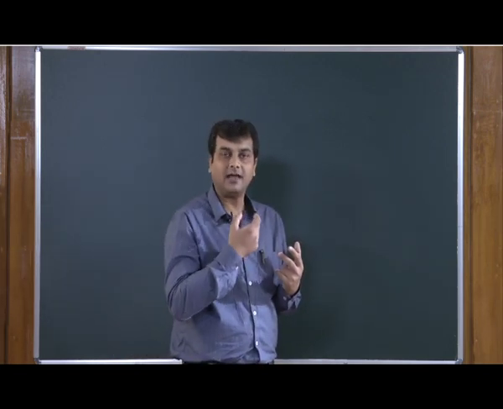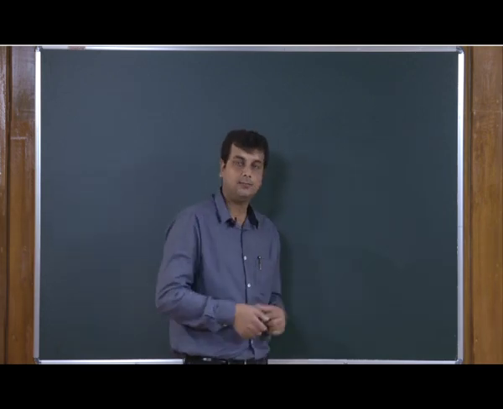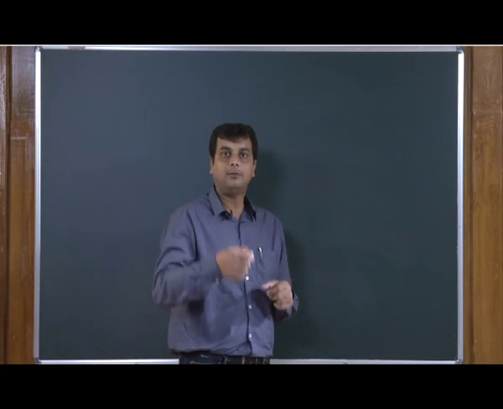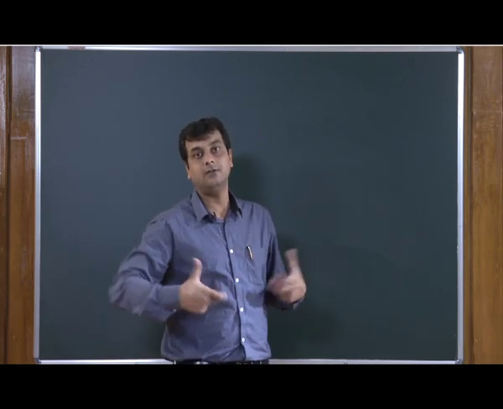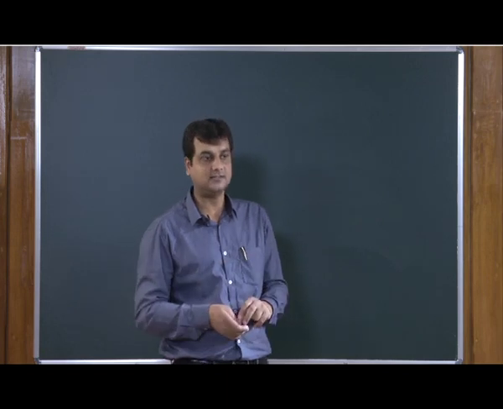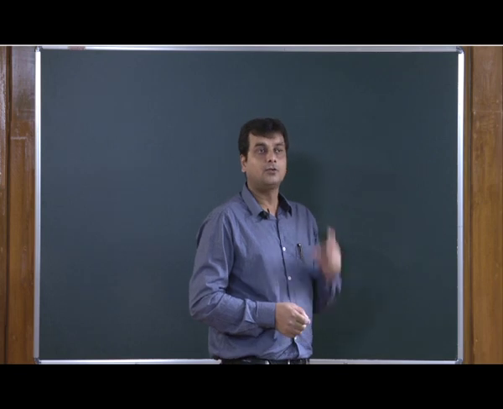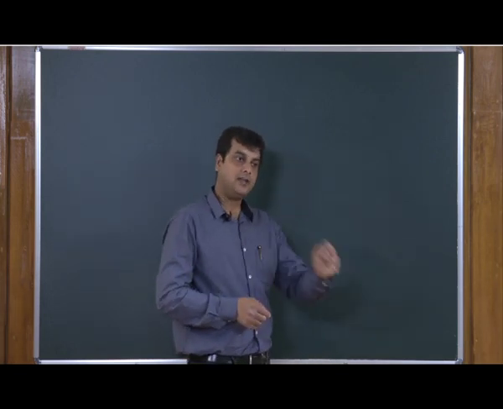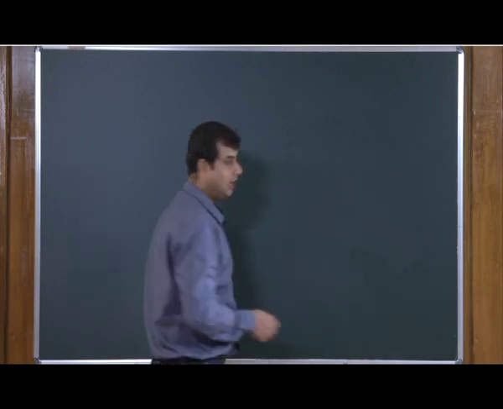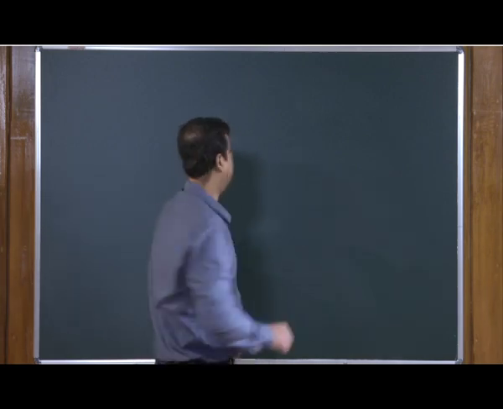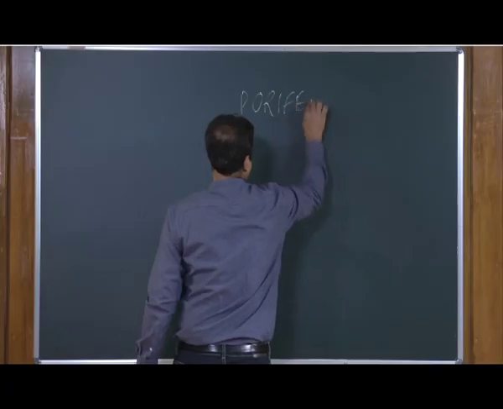which we call the respiratory passage, which starts from the nostril. We will discuss the whole passage of the respiratory system in the coming minutes, and finally we have lungs. So, we have very specialized structures to carry out this process, but in lower organisms it is different. We will start with a very basic invertebrate that does not have a vertebral column, the phylum called Porifera.